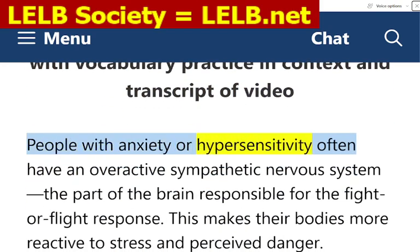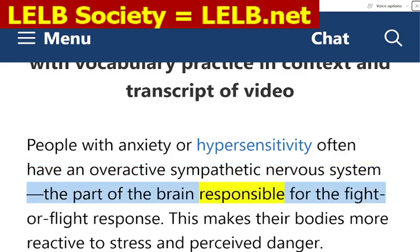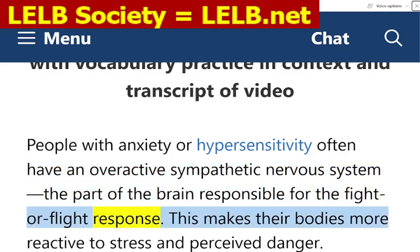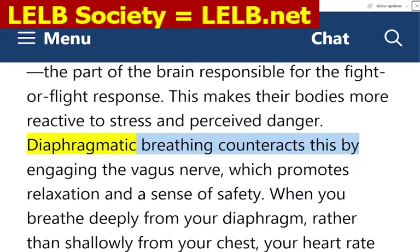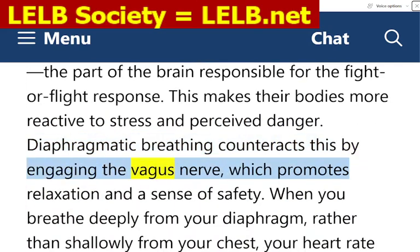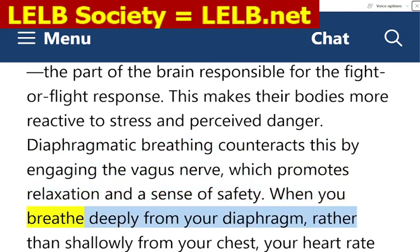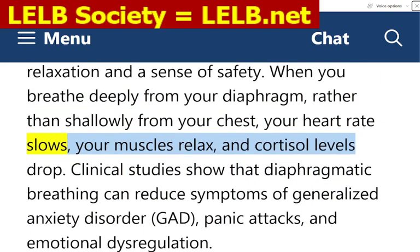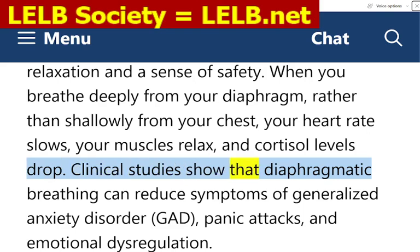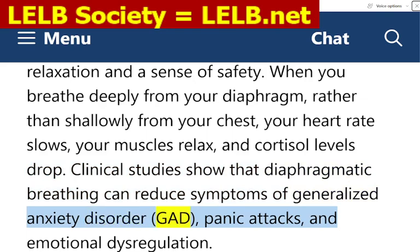People with anxiety or hypersensitivity often have an overactive sympathetic nervous system, the part of the brain responsible for the fight or flight response. This makes their bodies more reactive to stress and perceived danger. Diaphragmatic breathing counteracts this by engaging the vagus nerve, which promotes relaxation and a sense of safety. When you breathe deeply from your diaphragm, rather than shallowly from your chest, your heart rate slows, your muscles relax, and cortisol levels drop. Clinical studies show that diaphragmatic breathing can reduce symptoms of generalized anxiety disorder, GAD, panic attacks,